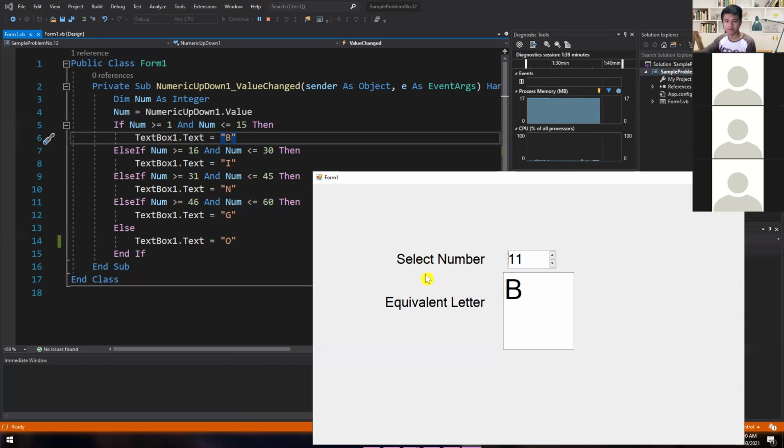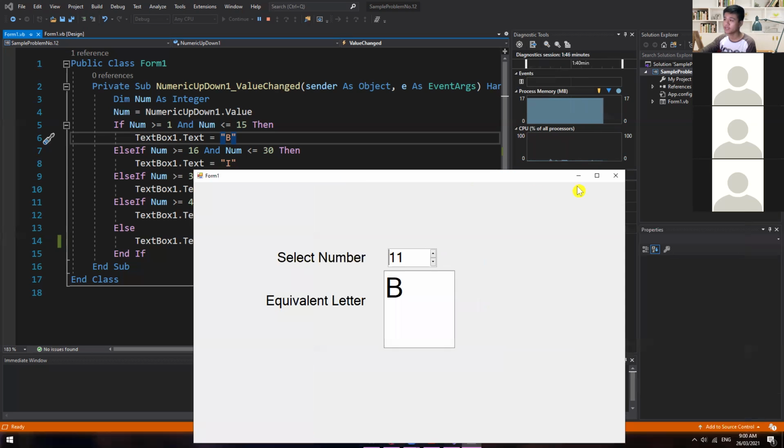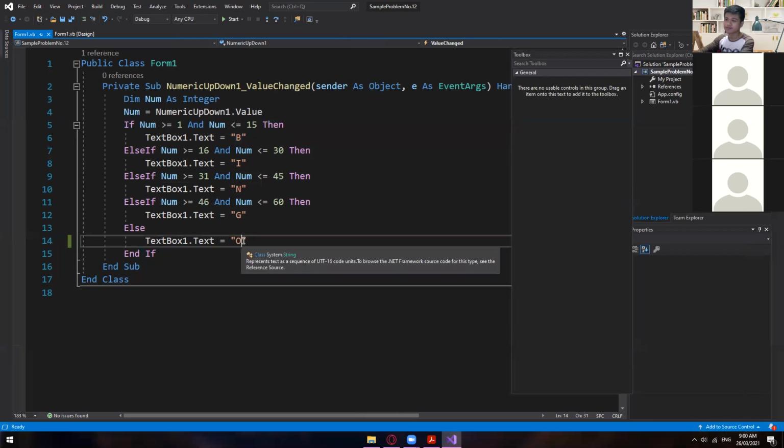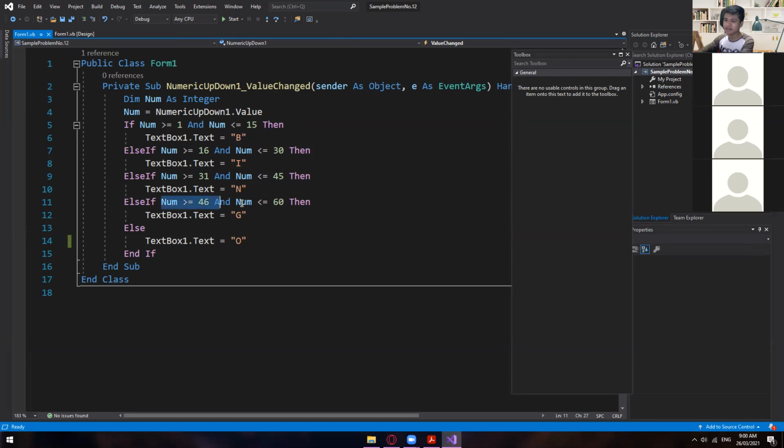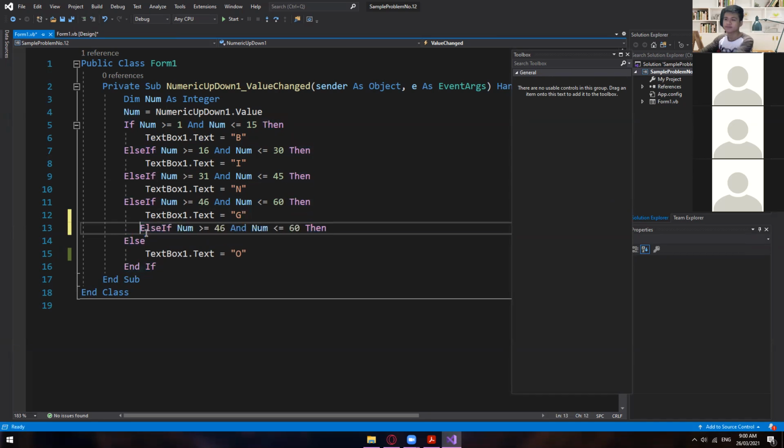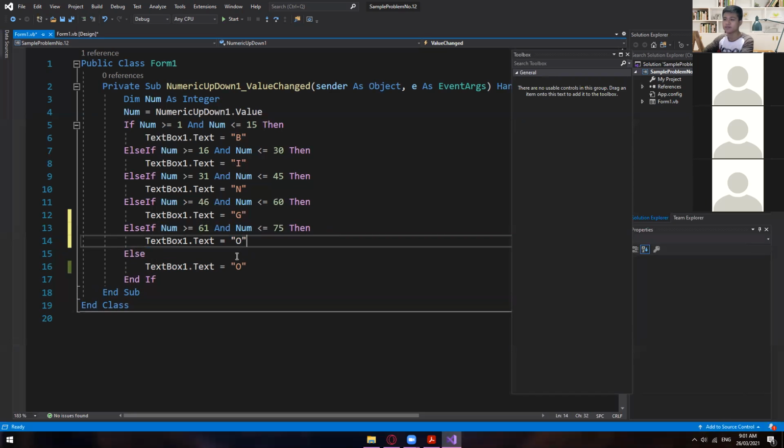Sir, paano kapag yung max naman nung O ulit, hanggang 75 lang? If you want to limit it up to 75 only, okay, then let's just add another condition. So else if 61 to 75, then it will give us a result of O, not 0. Else,